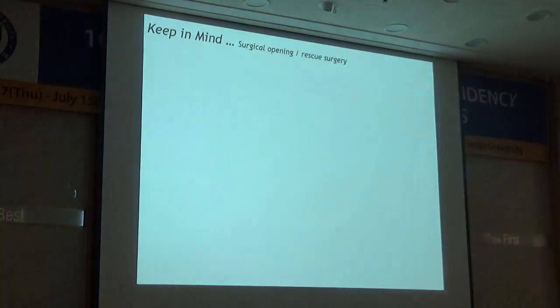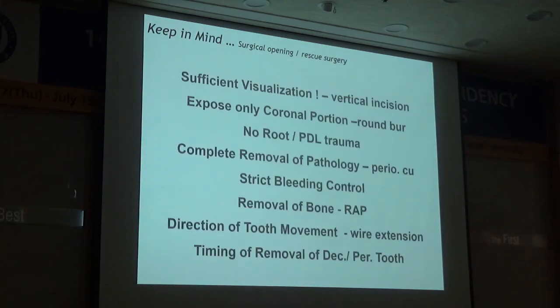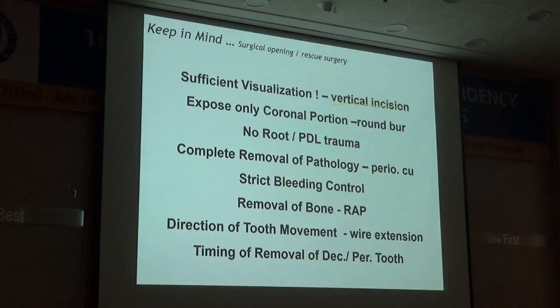So in summary, you have to keep in mind in the surgical opening procedure, sufficient visualization is very important. So I usually do the vertical incision and expose only the crown portion with the round bur or a hand instrument like the surgical curette or something. You should not touch the PDL or root portion. Once you touch the root portion, there may be resorption or ankylosis may start there,